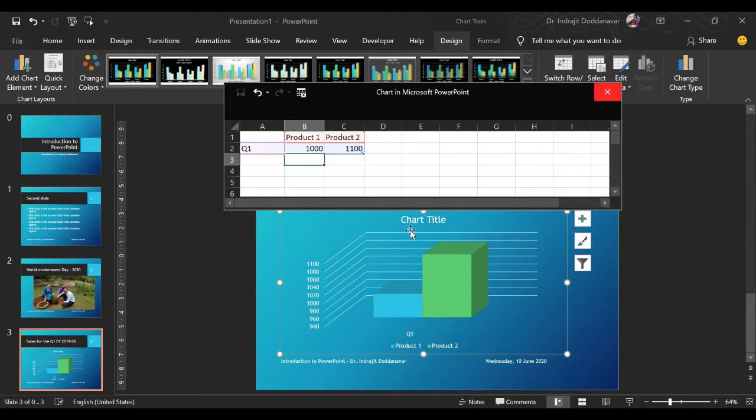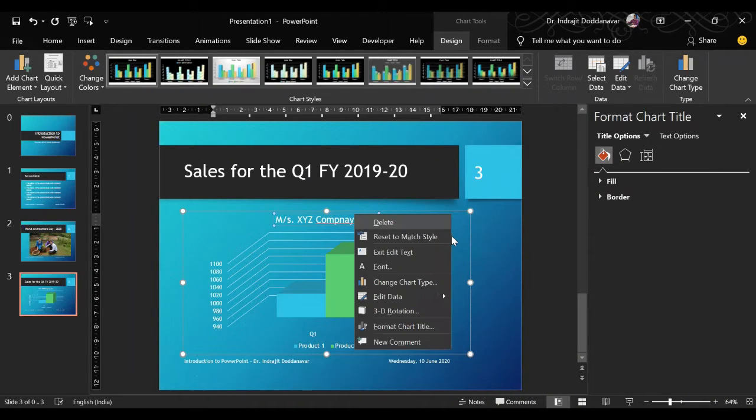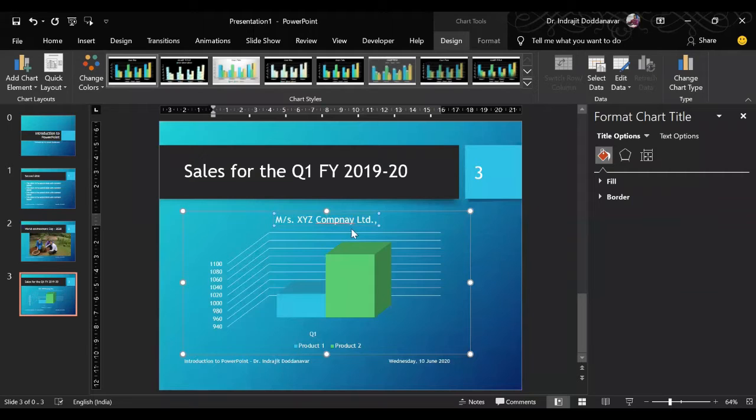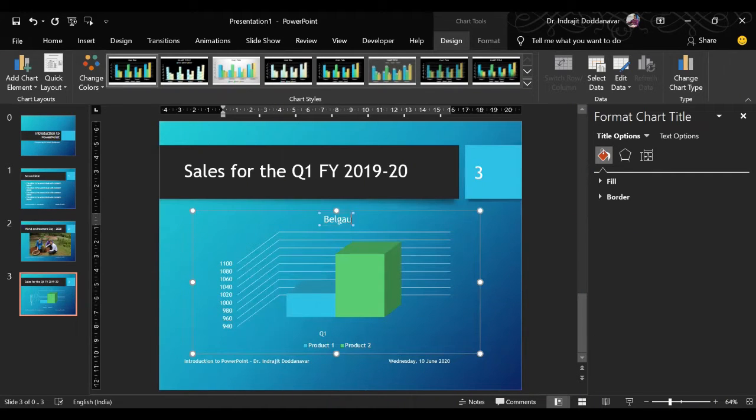So we close this, and on the title we double click so that it gets selected, and select the entire text in that text box, and we type Messrs XYZ Company Limited Belgaum.